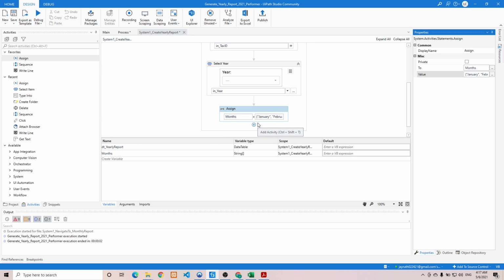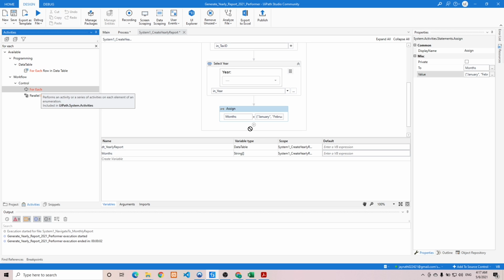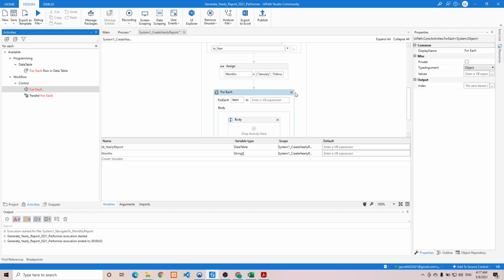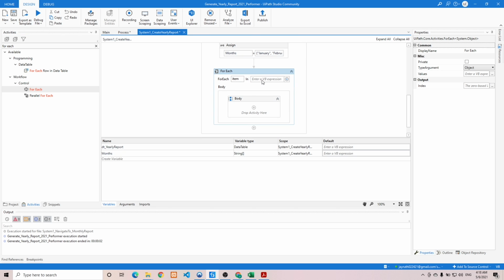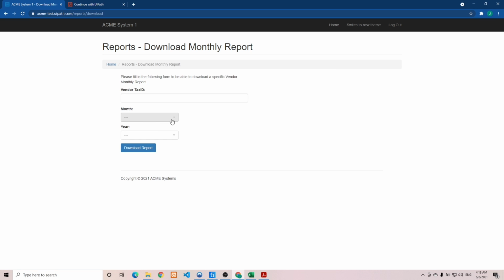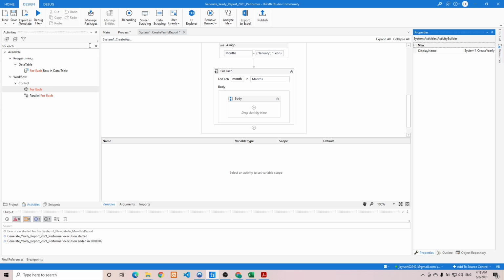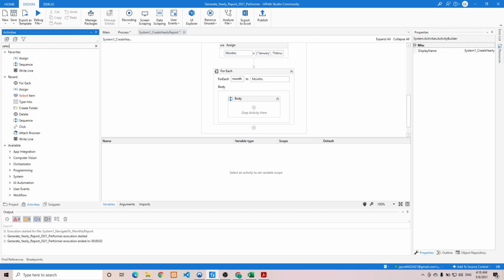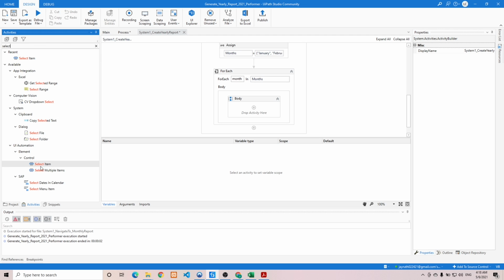So after that, what we're going to do is we need to add a for each activity. So let's add a for each and we will be looping into the months variable. So let's say for each month in months, what we are going to do is select the month in here. So we'll be using the select activity again. So this select item,